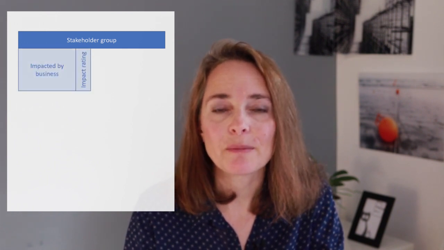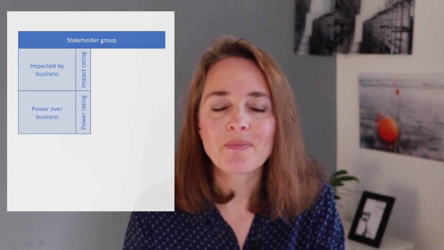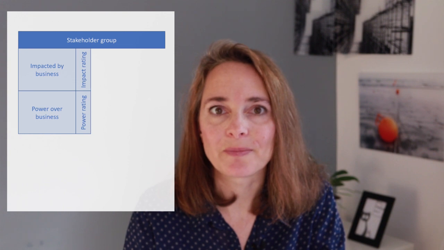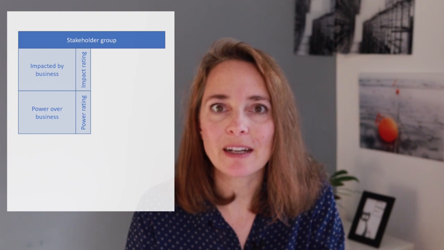And the first step is that I note down the impact the company has on them, and here I get specific. And then I rate it. So that's the step that is done in the normal method. Then I find out about the power they have over the company and note that down as well. And I also rate it. This is quite close to the standard method. However, by noting down the real impacts and the real power they have, I'm getting more specific and I can